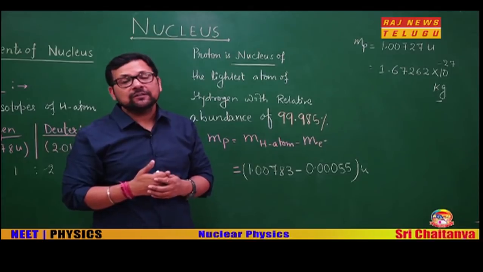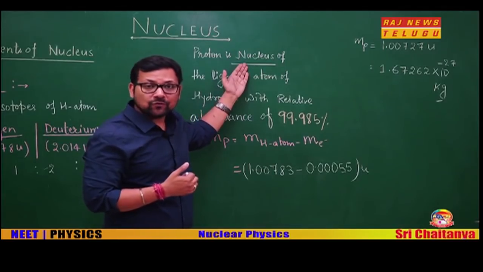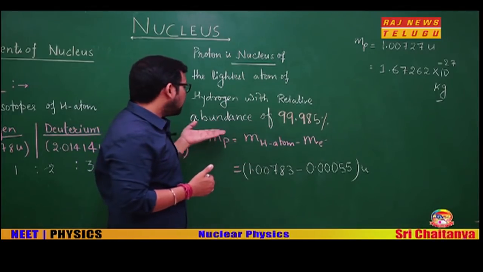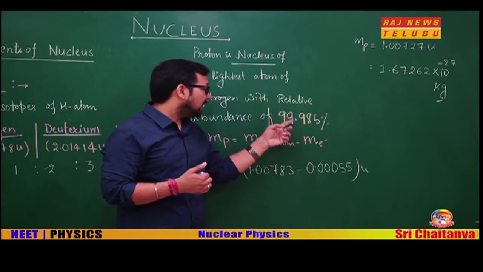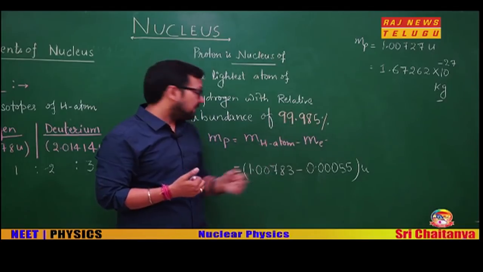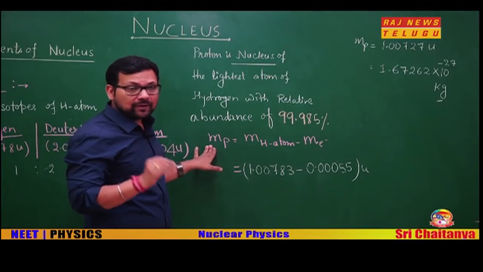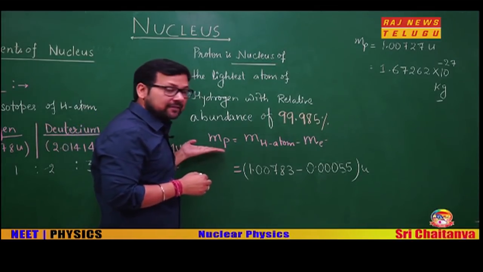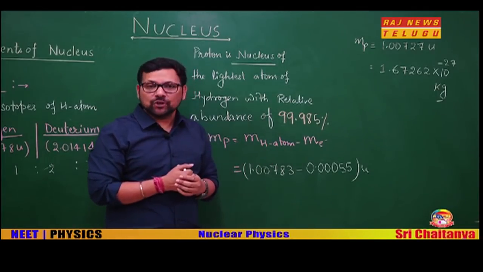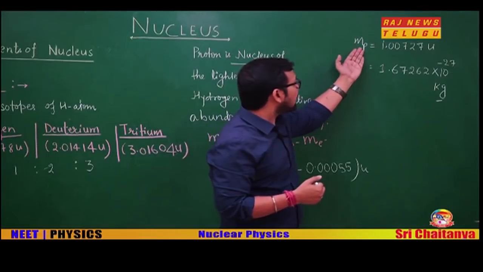So what is a proton? Now we are very clear what exactly a proton is. Proton is a nucleus. Nucleus of what? Nucleus of the lightest atom of hydrogen, and its relative abundance is 99.985%. A very important data, 99.985%. The mass of proton is data you all know, but how to calculate it? The concept is: mass of proton is the mass of the lightest hydrogen atom minus the mass of an electron. If we put in the data for these two,